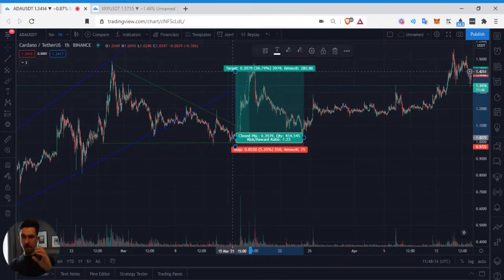So let's say you're using 2x leverage, tiny leverage. Your maximum loss would be a little bit less than 11%, and your maximum gain is close to 80%. So around 76%, somewhere in that range. Pretty great little trade there just off the breakout. That would be a nice little price target there.